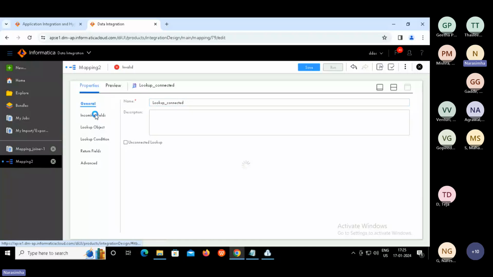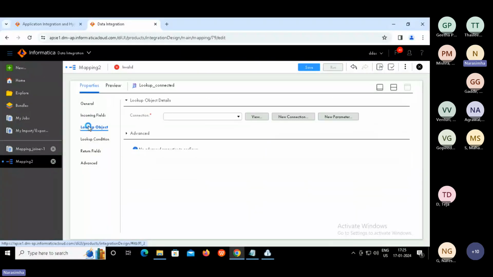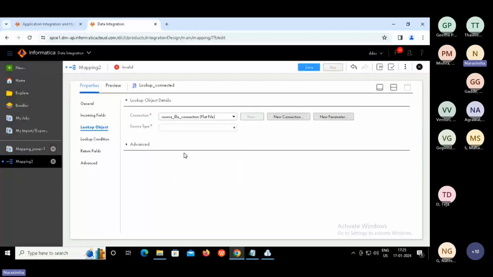Now incoming fields, 3 columns. Lookup object. Now we need to configure. Same thing, we just have to specify the connection.